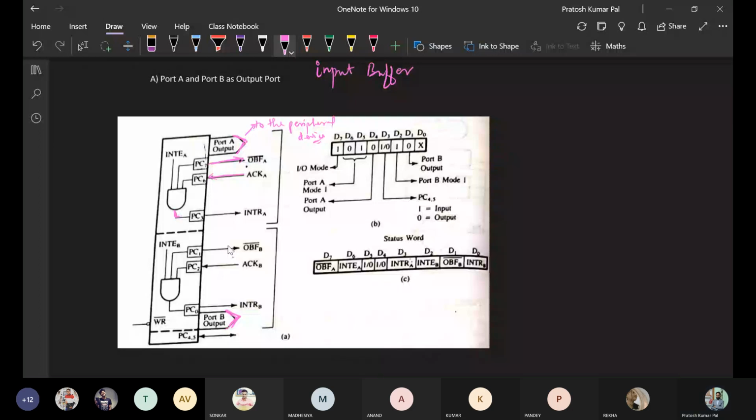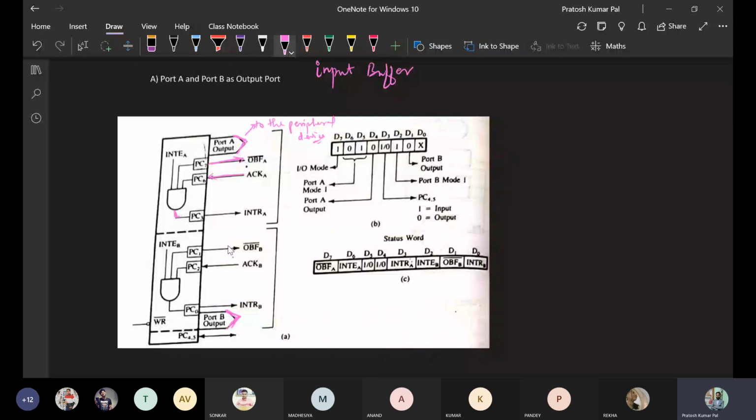Interrupt signal activated means the next data from the microprocessor needs to be sent. Okay. This explanation is for output mode. In this case, when port C is going to work as handshake, one thing you should note: here PC0, PC1 and PC2 are the three handshake signals.